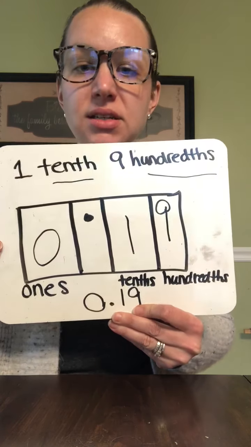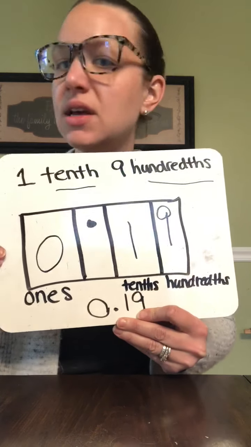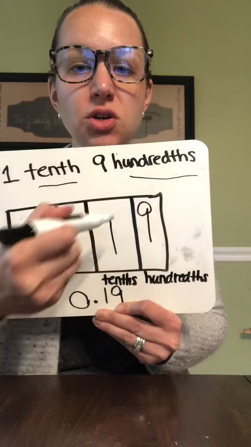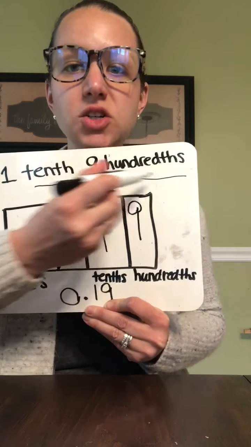Again, on your exit ticket, some people wrote 19 hundredths. That is not correct. 19 hundredths is 1,900. So you really need to make sure that when you're doing your decimals, you're saying hundredths. Okay, and then the second one,